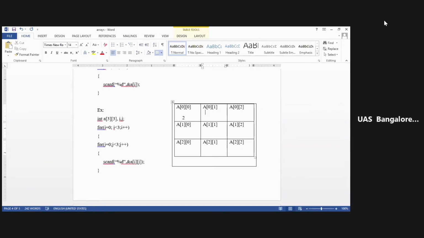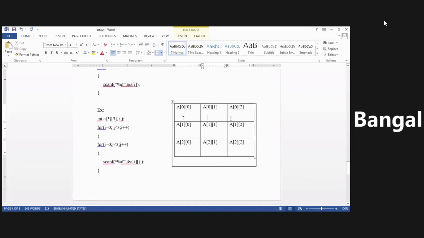Okay, now at A of 0 0, that's fine. Again, if you go back, my j is incremented, so j will become 1 now. Still remember, it will go back to the i loop only when this condition is false. So still it is in the j loop. Here j will become 1. Is 1 less than 3? Yes, 1 is less than 3. At that time, it will come here to A of 0 and 1.